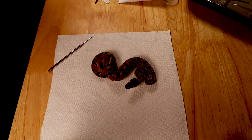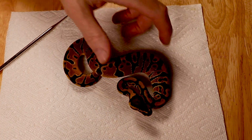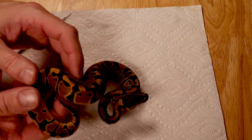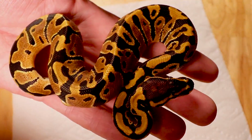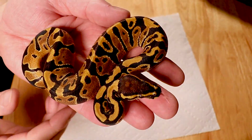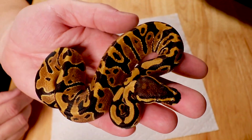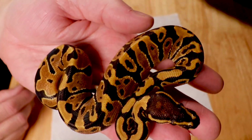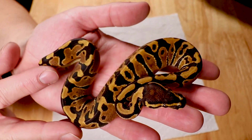All right, so take a look at this little tiger. His name is Rusty. Look at him. He's looking for something to bite. I picked up a different snake and I did take a bite from one of those little hatchlings. It doesn't really hurt, it just kind of surprises you when they bite you. If you look at this one, it looks totally normal. The pattern's a little bit jumbled up,